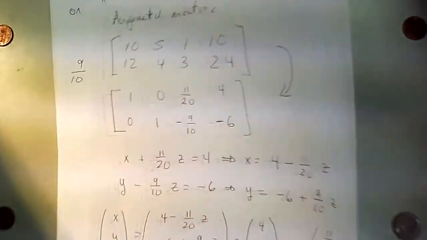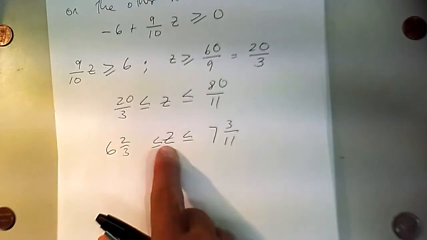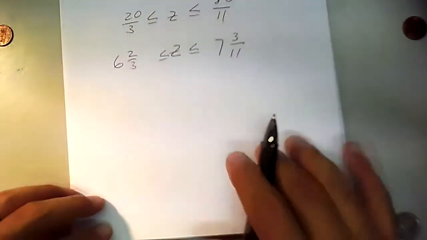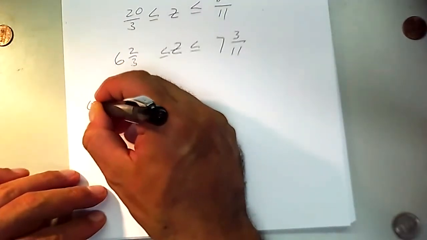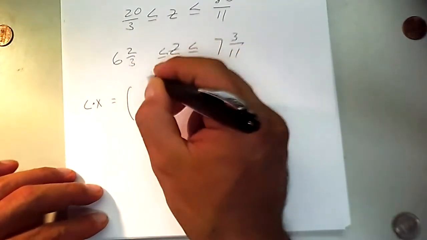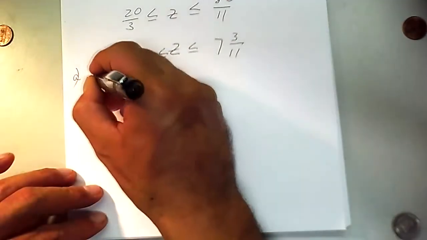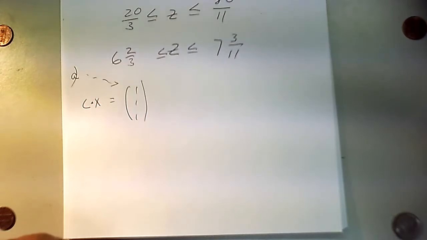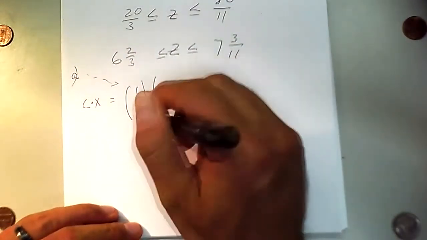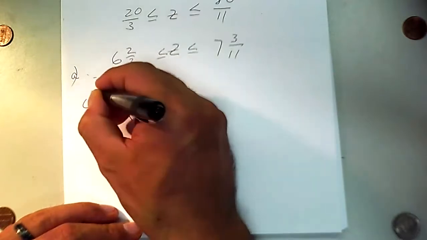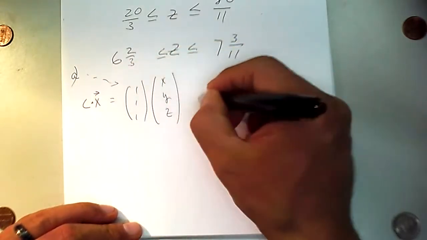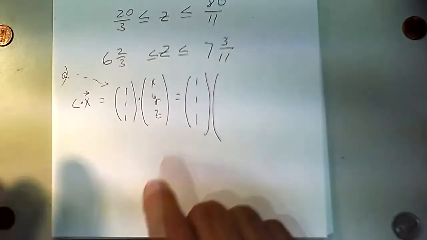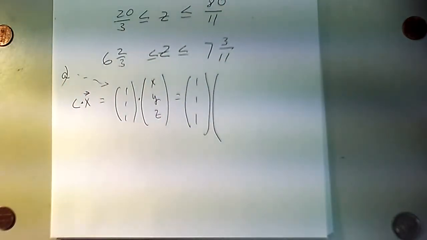Now, which one of the two, or which point in between, because we have all the numbers in between, minimizes the cost. Okay, so let's write down C dot x, which is, in this case, remember, this is part A, 1, 1, 1. So each variable is going to cost us the same. X, Y, Z, by this we mean the vector X. So that is 1, 1, 1 dot product, and then X, Y, Z will be,